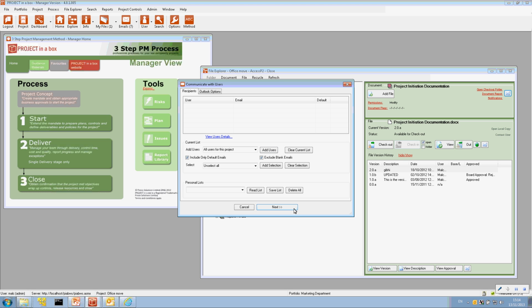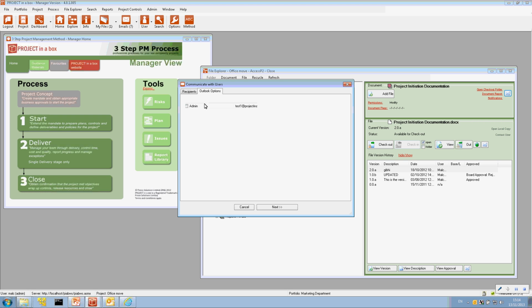Now we can completely miss this bit out if we want to and choose the addresses from our Outlook address book, but here I'm going to select potentially a couple of people from the project team list, and that's what that's automatically populated with. The pick option allows us to select some other groups if we wanted to, and then I can choose what sort of message I want to send. Email is the default, but I can also send an appointment or a task from here,